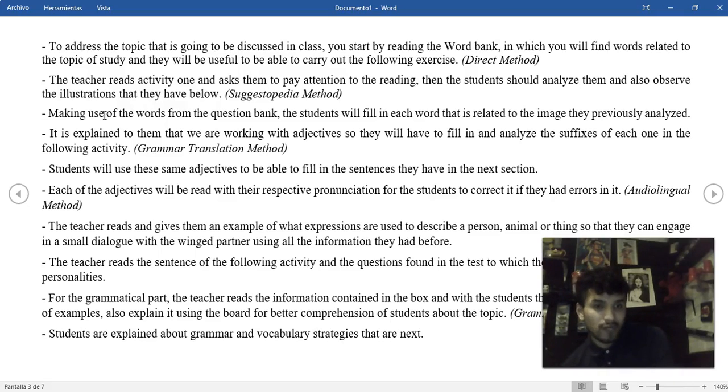The teacher reads the sentences in the following activity and questions found in the test, to which they must answer according to their personalities. Yes, on the other page they have to respond about their personality. For the grammatical part, the teacher reads the information